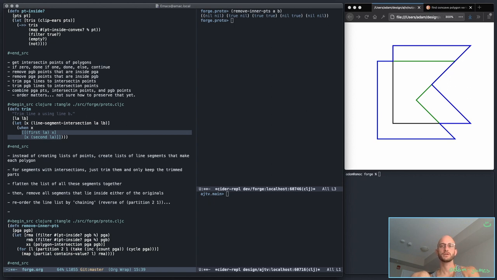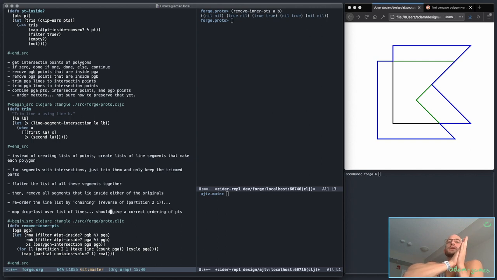Then finally drop. Map drop last over list of points, no, over list of lines will give a correct ordering of points. Should give a correct ordering of points. Okay, so that's a step in the right direction. I have a concept that I think should work, which is encouraging. So the way to kind of fix this up a little bit